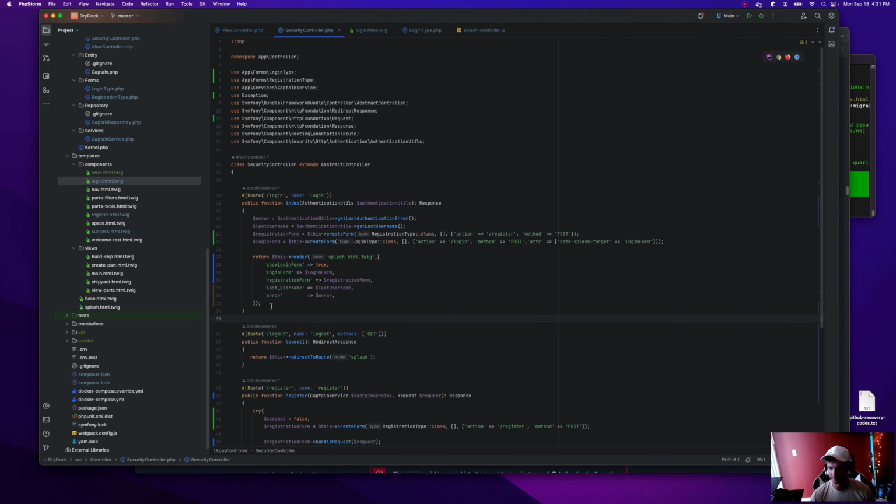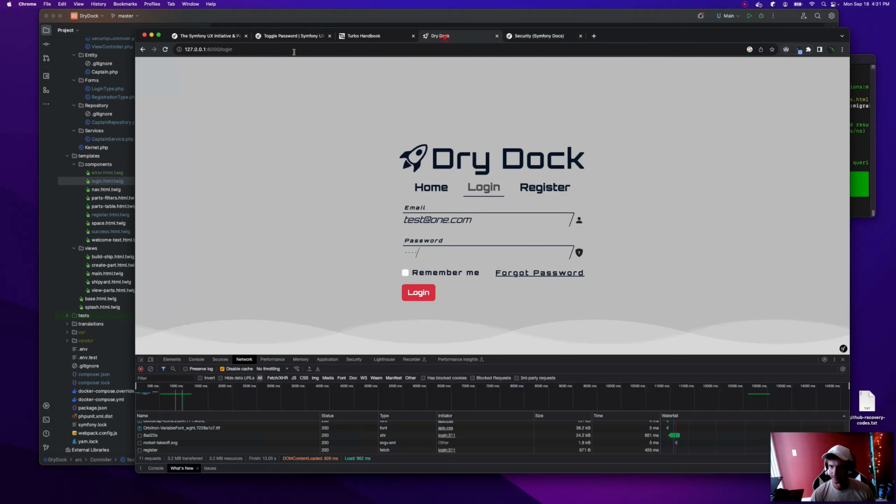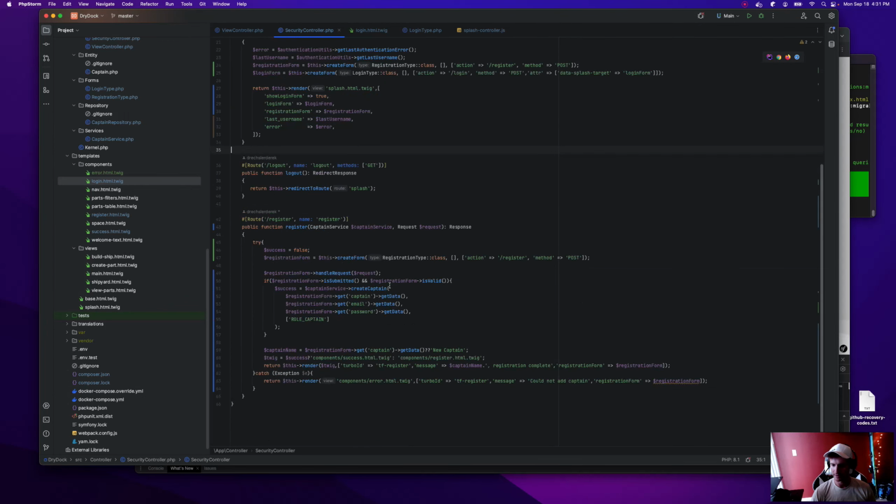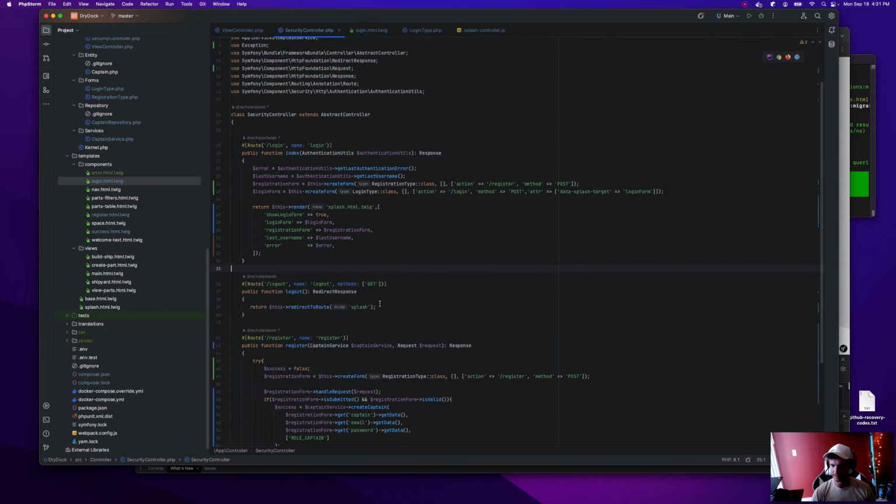Alright, as I was saying, you hit an unauthorized route, like right now, main, and it just kicks you back to this login route, which login is just rendering Splash. We could do this as a redirect. It just redirects you back to Splash if you have an invalid login. But let's see, we got authentication utils, blah, blah, blah. Okay, so that stuff's fine. It will tell you if you have a bad username or password, and it should render it out.